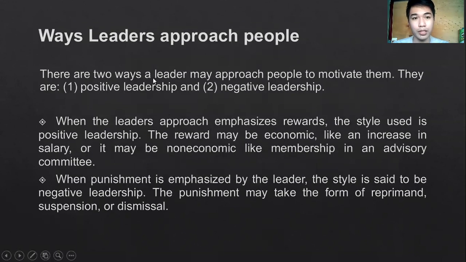So the first one is ways leaders approach people. There are two ways a leader may approach people to motivate them: first, positive leadership, and second, negative leadership. When the leader's approach emphasizes rewards, the style is positive leadership. The reward may be economic or non-economic, like membership in an advisory body, and an example of economic reward is an increase